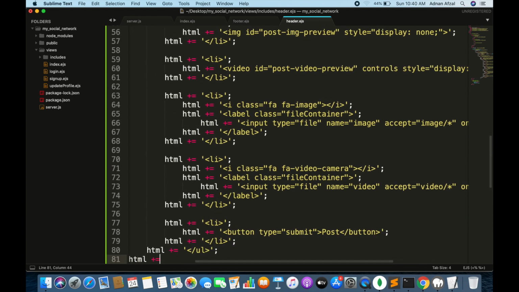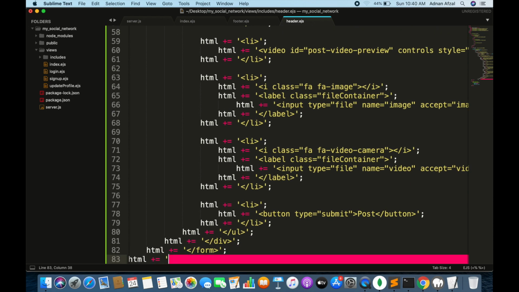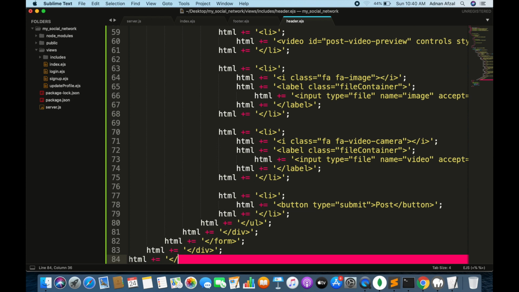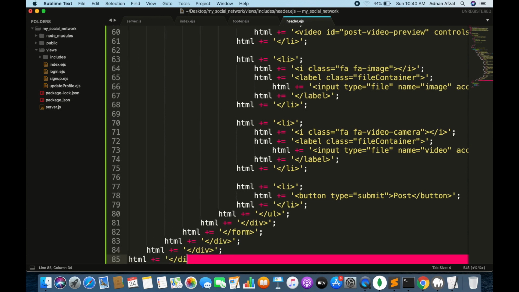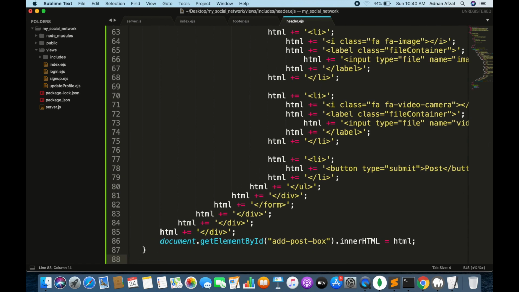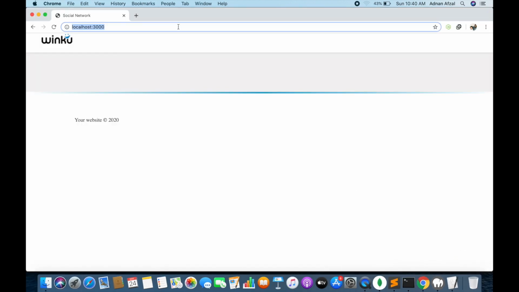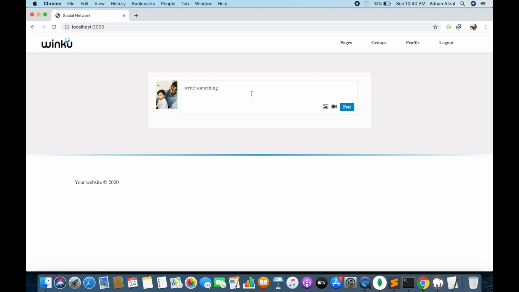Now close all the divs that we created. And set this HTML variable value to the add post box div, and it will display a box to post a status. This is how it is displayed.